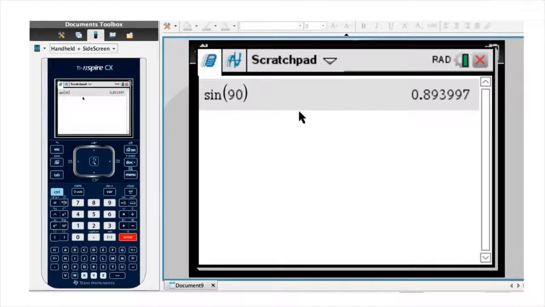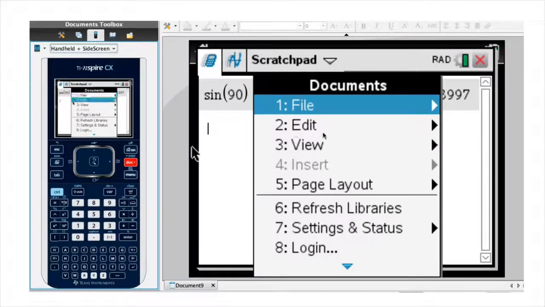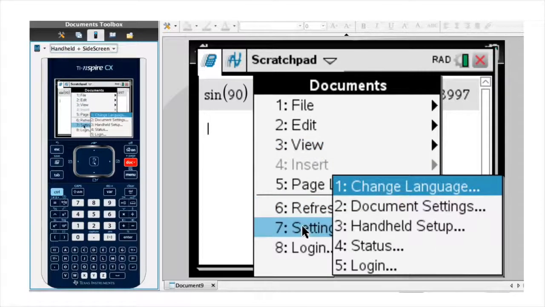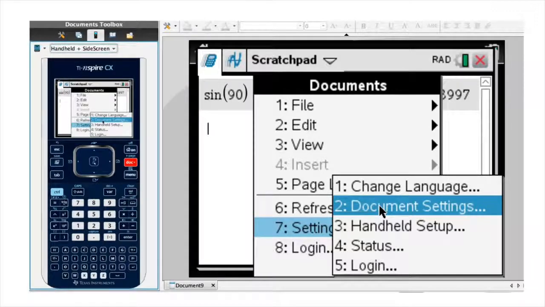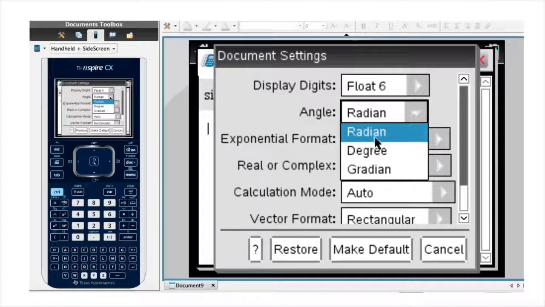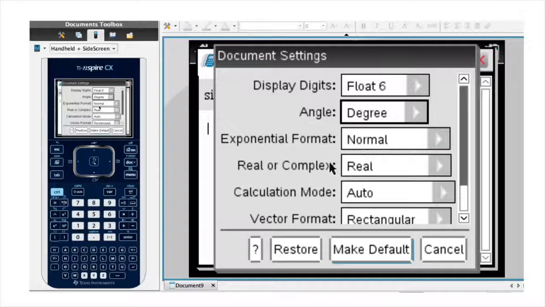And here's how. I go ahead and press Doc. I then go to the seventh option, Settings and Status. I then go to Document Settings, which is the second option. I click on it, and here I can see that the second option I see is Angle, and that it's set in radian. So I click on that, I click on Degree,